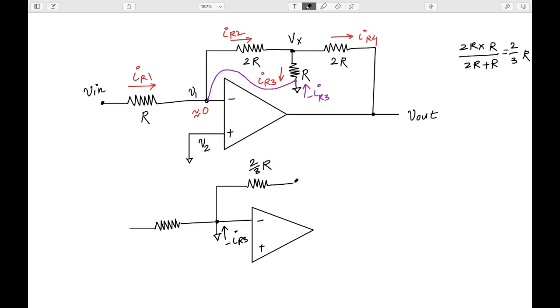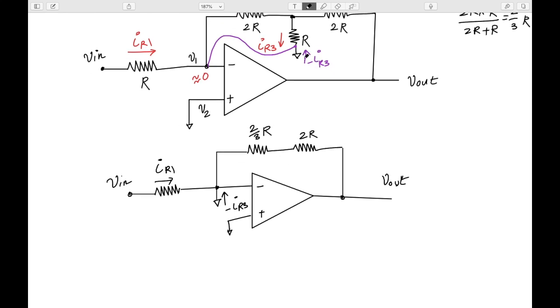So I have a resistance which is 2 by 3 R, and then I have this 2R. So the equivalent resistance here is 2R plus 2 by 3 R, towards V out. And the current flowing here is one current, which is IR1, and then I need to sum up the current coming from this. So the total current flowing through this, let's call it IX, will be nothing but IR plus the summation of minus IR3,